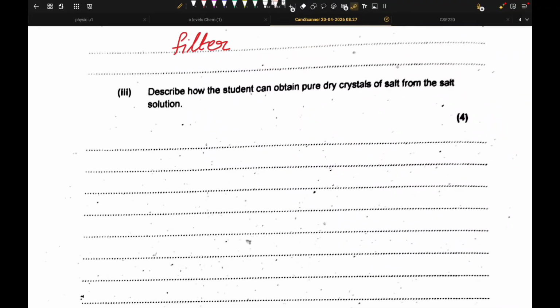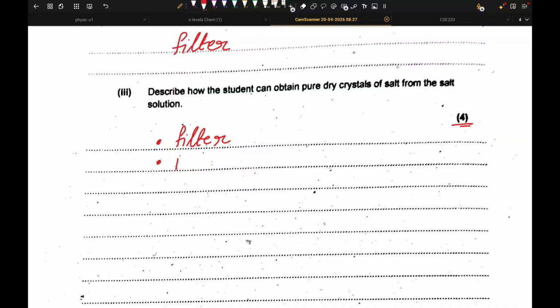Describe how the student can obtain dry crystals. Okay, for this, 4 marks, 4 points. First point, filter. I'm just writing the points, but you will have to write it in a composed way. I'm just writing the points. First thing, they have to filter it. Second thing, they have to,